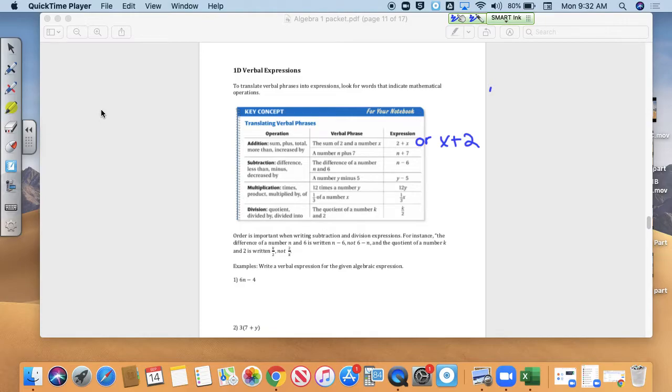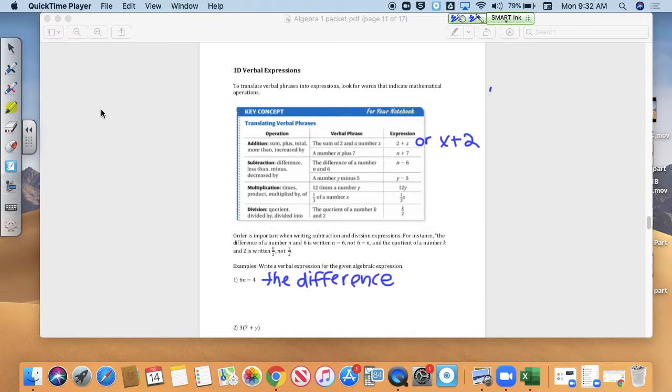So here are two examples. They want us to write verbal expressions for the algebraic expressions. So this says 6n minus 4. So in order to write a verbal expression for this, we have to realize that there's a 6 times n and then minus 4. And we can just write that 6 times the number n minus 4. But I kind of like using the fancier words. So I would say the difference, since that means subtraction,